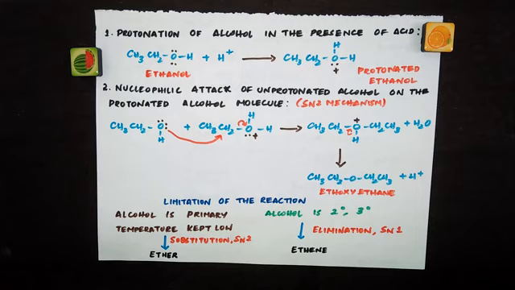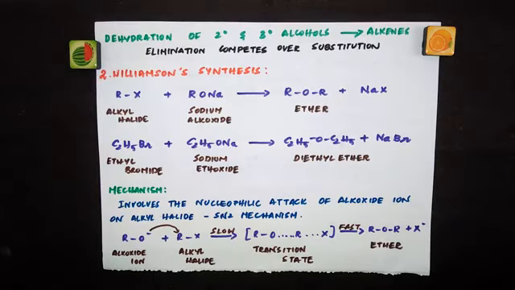When you get ether, the reaction follows SN2 mechanism. When you get alkene, the reaction follows SN1 mechanism. In the case of tertiary alcohol, alkene is the main product. So when we get alkene as the product, we say elimination competes over substitution, and in that reaction SN1 mechanism is followed. So remember, when there is substitution you get ether, when there is elimination you get alkene. So remember, dehydration of secondary and tertiary alcohols gives you alkenes. What is the reason? Elimination competes over substitution.